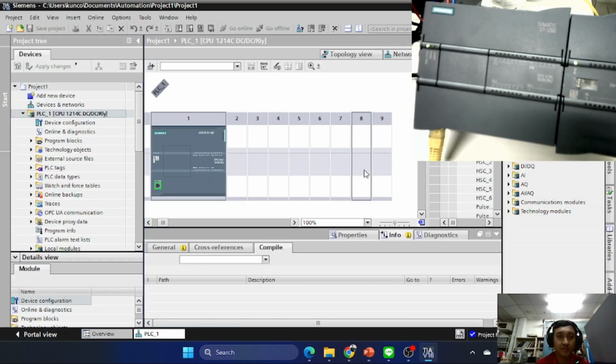Okay, now we can go to the next step, which is to create the tags.